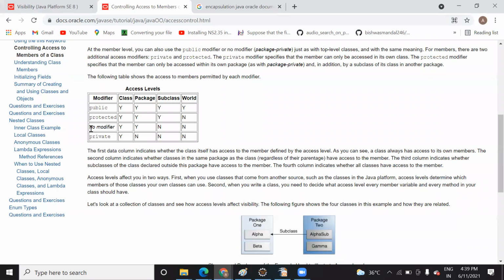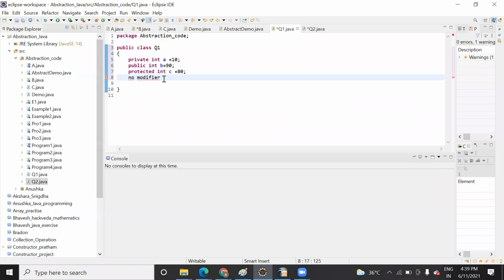No modifier means if you don't add anything. Let me check whether no modifier will be able to handle it.